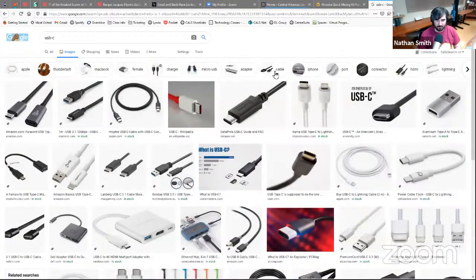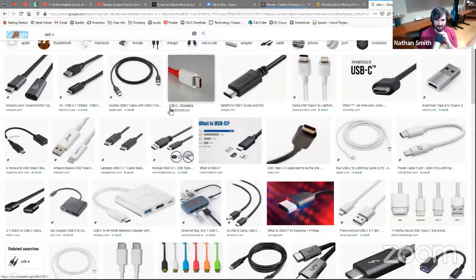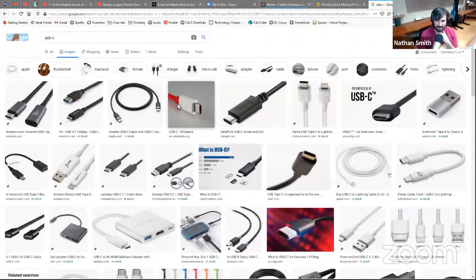Okay, so the other thing that I want to show you is USB-C. This is a newer thing. I haven't updated my slideshow just yet, so I want to show you what it looks like here. So this is USB-C or USB Type-C. What it is, it works very similarly. It is a USB port or USB plug, just like these down here, but it's kind of rounded and it's smaller.